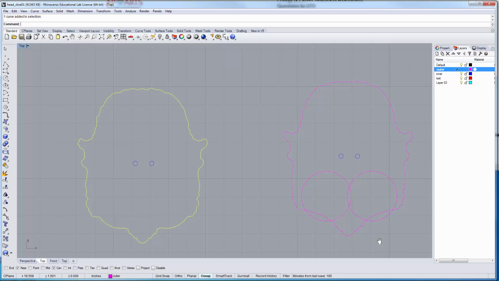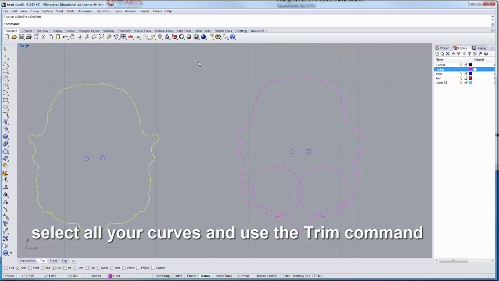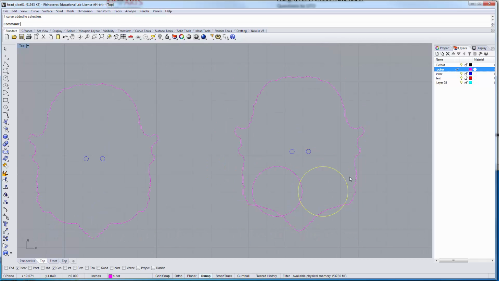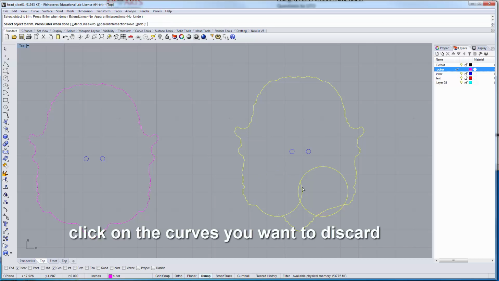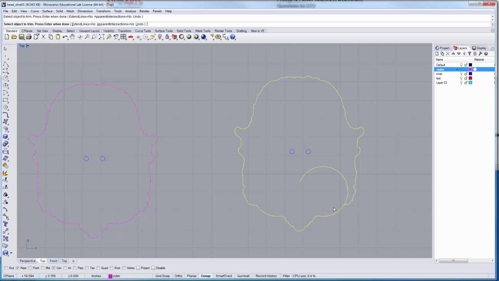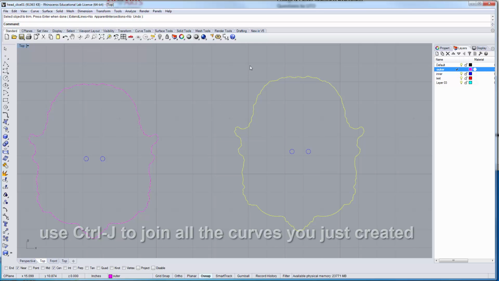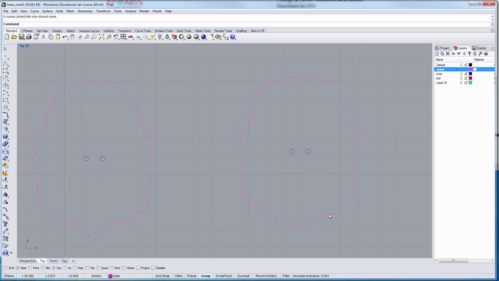That doesn't always work in a single shot, so another approach that you can take is to select the curves. Let's take a look at this. We're going to select our curves again, and this time we're going to type in the command trim. We can use the trim command to get rid of those areas that we don't want to keep, so that we're just left with the outermost edge. But when we do that, we have to select that area, and then we want to join it together to turn it into contiguous